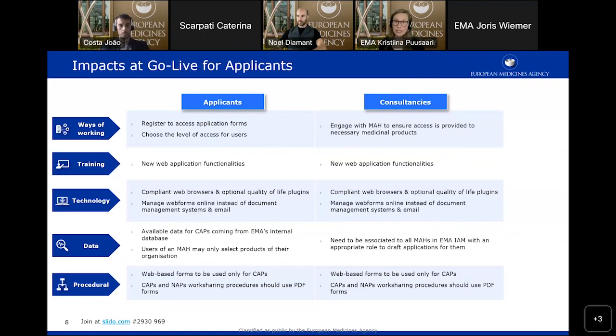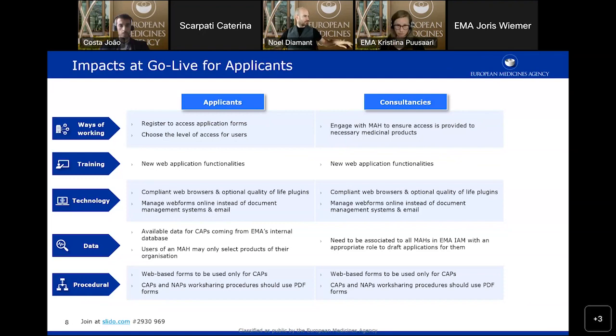And if there's need to, for a work sharing procedure, for example, you will need to be associated with the other companies, which will always be, of course, required also for consultancies. So association is required in EMA access management system to ensure that you have an appropriate role to draft applications on behalf of other applicants or consortiums.